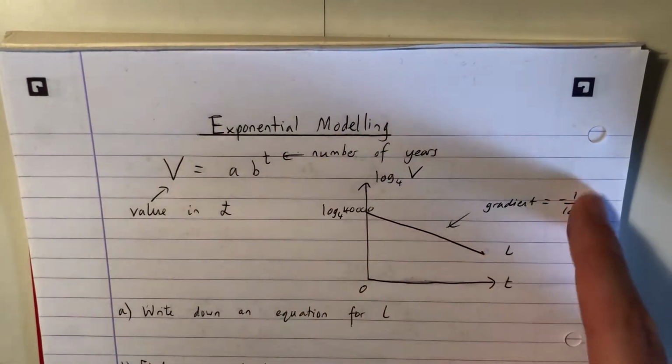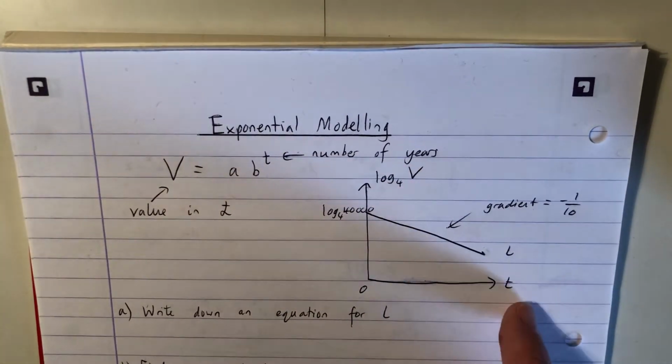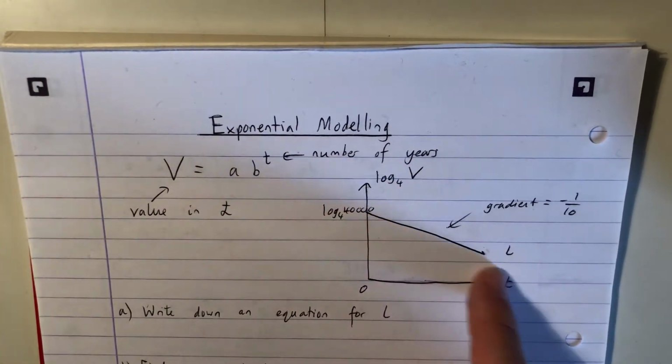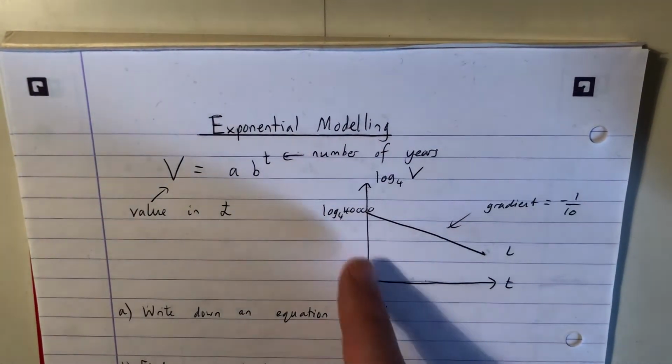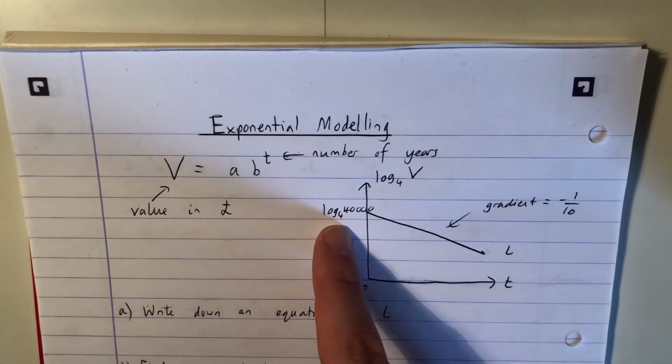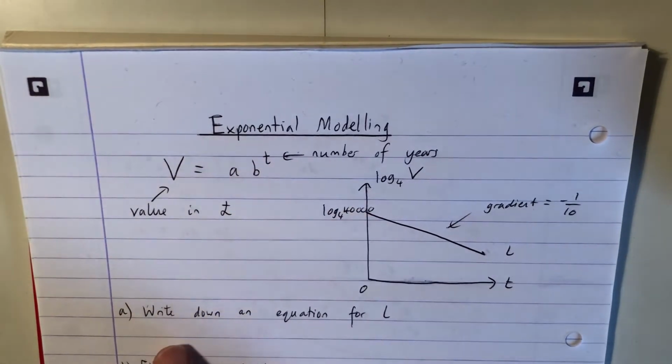We've been given a graph of log base 4 v against t, and you get a graph with a negative gradient. Gradient is minus 1/10, and the y-intercept is log base 4 of 40,000. And the first thing you're going to do is write down an equation for L. So a straight line,